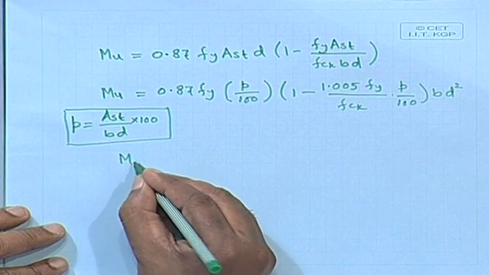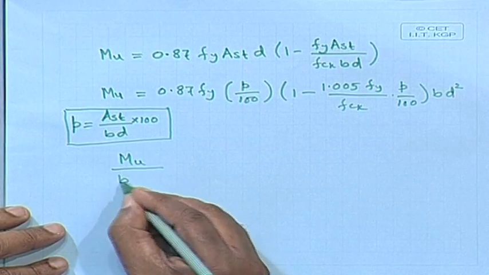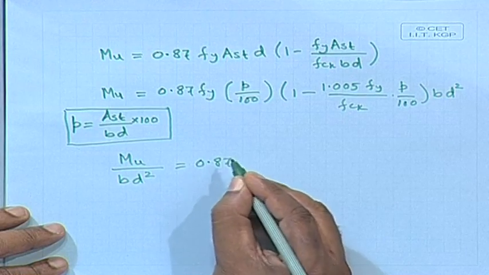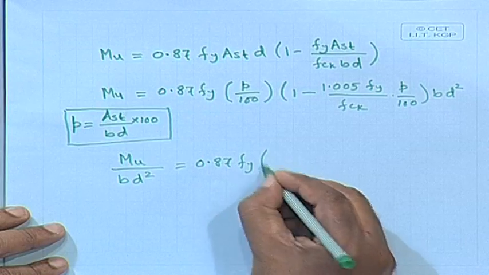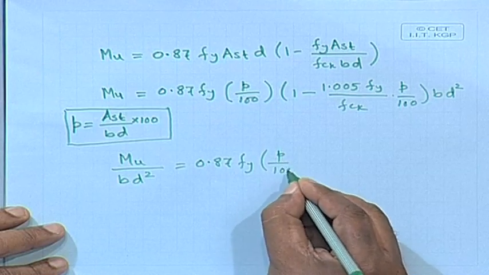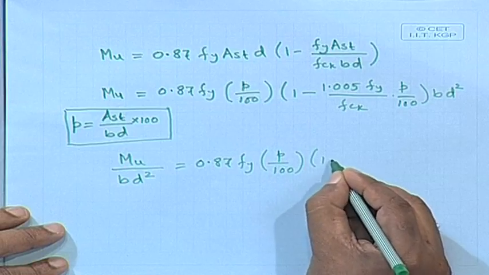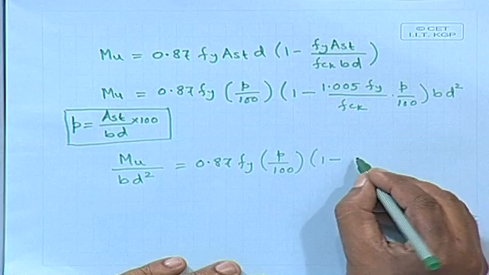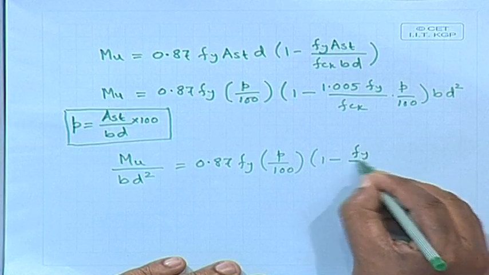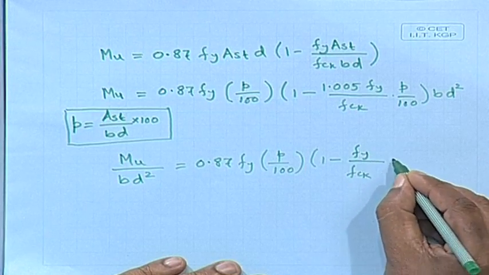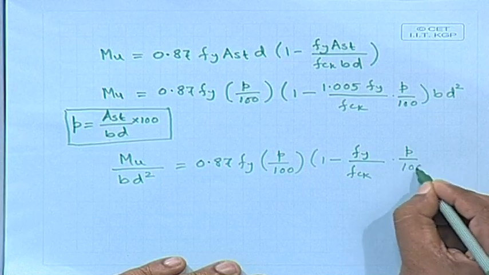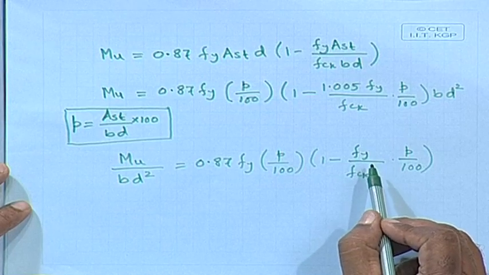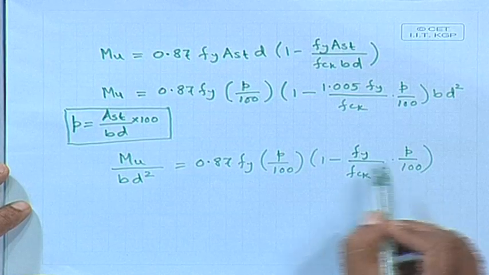We generally write down in this fashion Mu by B d square equal to 0.87 Fy P by 100 multiplied by 1 minus, here again I can omit this 1.005, ignore that, Fy by Fck by P by 100. So, for a particular grade of steel and percentage of steel given, we can find out